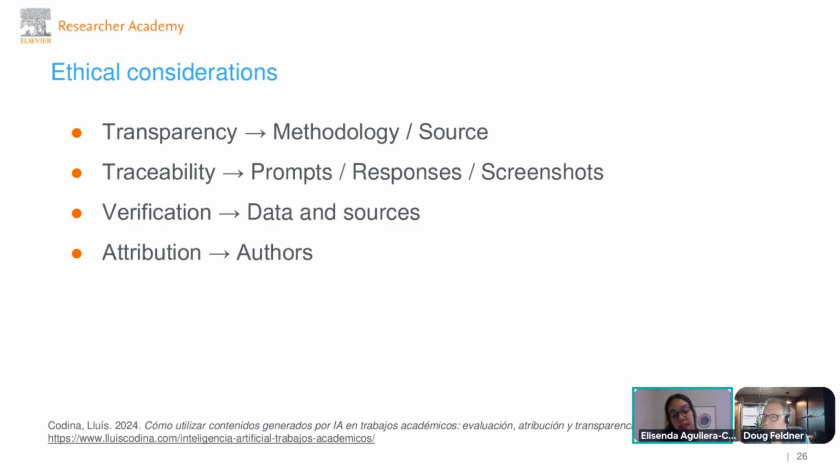Regarding traceability, this is actually quite important. Research is all about, some people would like to replicate our study. It's important that we allow other researchers to do that. So my advice would be either copy the information provided by the tool. You can do that directly from Scopus AI, or you can take screenshots. This will help prove the path you've taken to reach your results, and like I said, will help other researchers